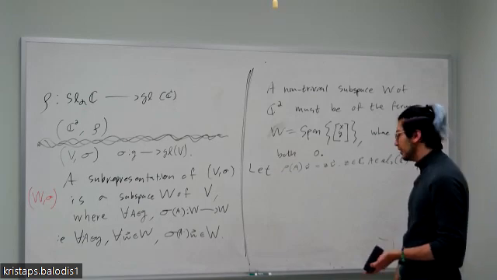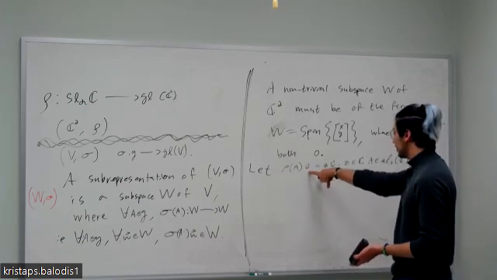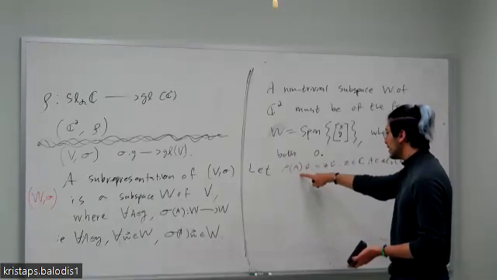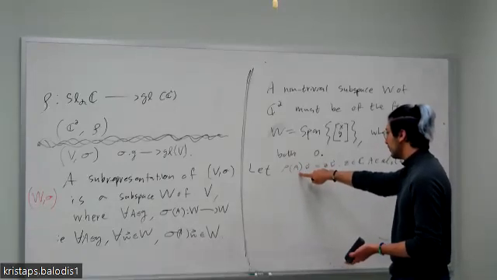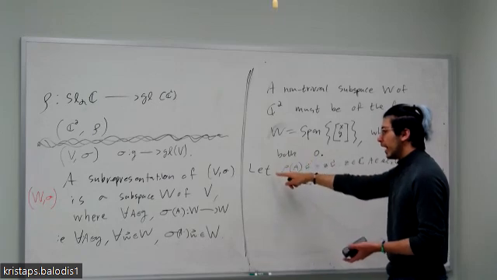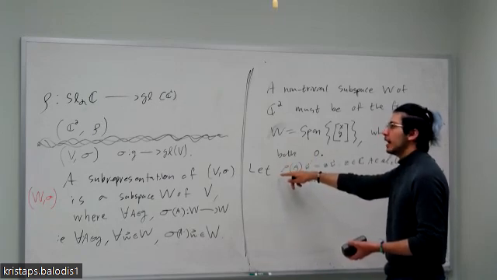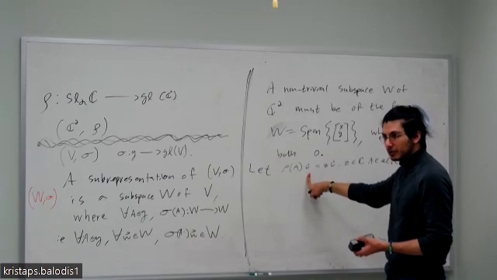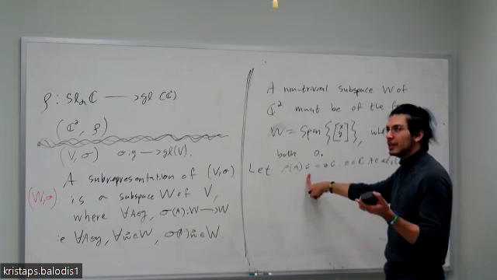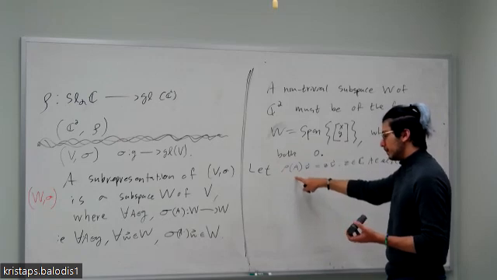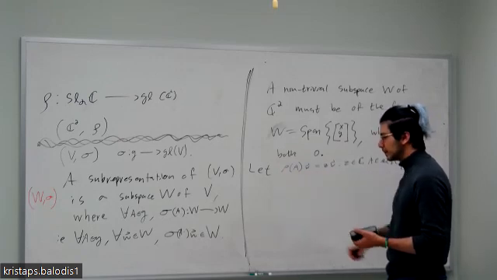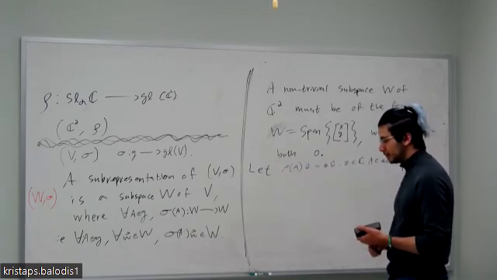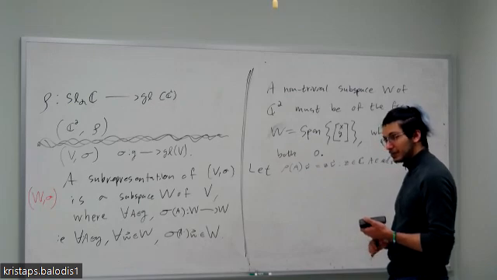Literally, because rho of A had better be an eigenfunction of W, anything in W. I don't know if I'm wording that right. Yeah, that's a good observation, not a bad observation, but